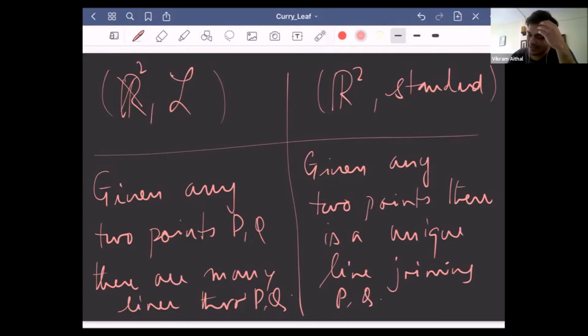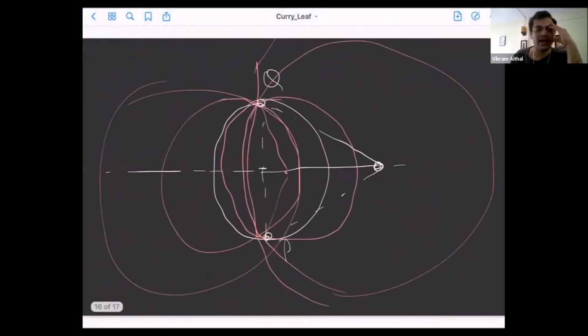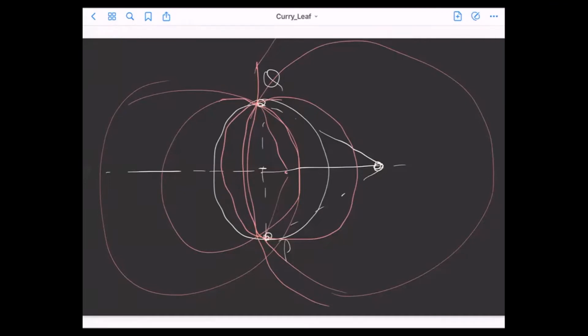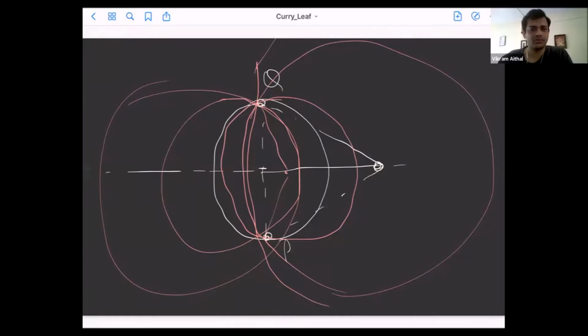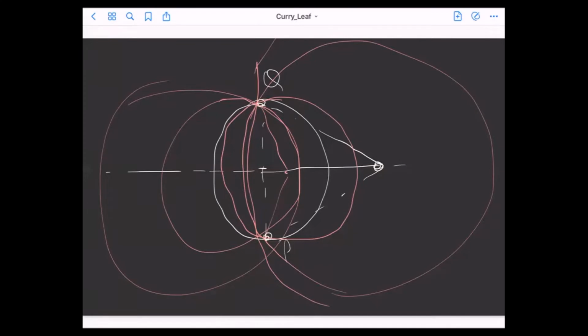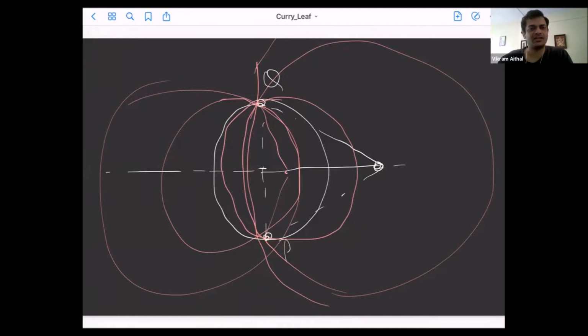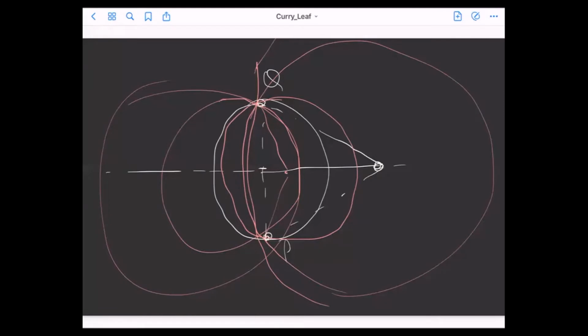But now see, what we said is that this model that we have satisfies the first axiom. It satisfies A1. Does it satisfy A2? Can you give me 3 non-collinear points? The collinear ones in standard R2. Like if you take 3 points lying on the same line, then you can't find a circle passing through all 3 of them.